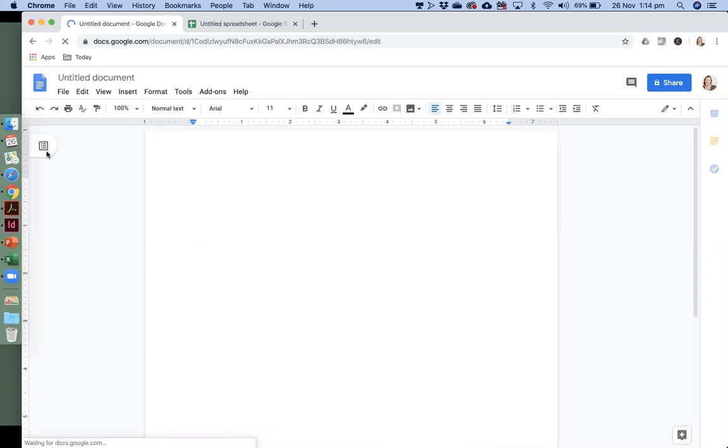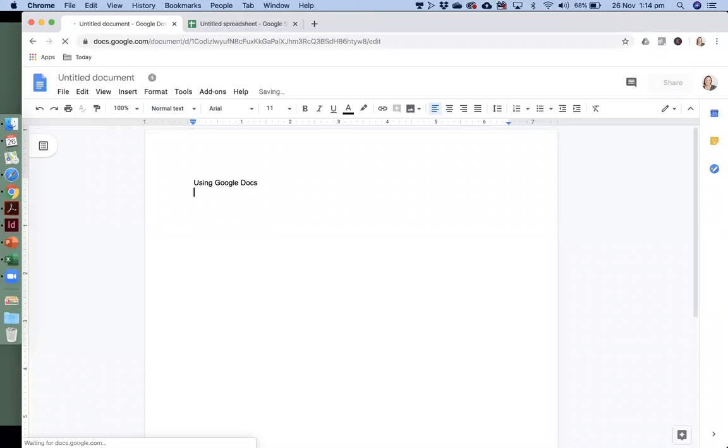Okay, so I'm not going to focus too much on the formatting, but one thing I will talk about is the use of styles, and in particular heading styles when you're creating a Word document. And when I say a Word document or a Docs document, these features do apply across pretty much any of the programs you use. So if I'm creating a document using Google Docs, for example,